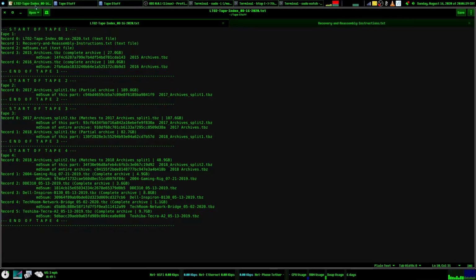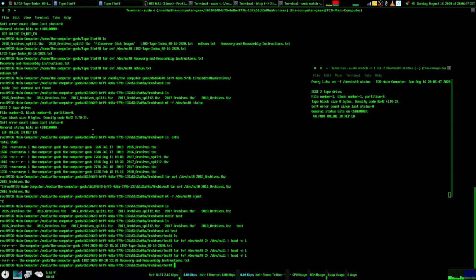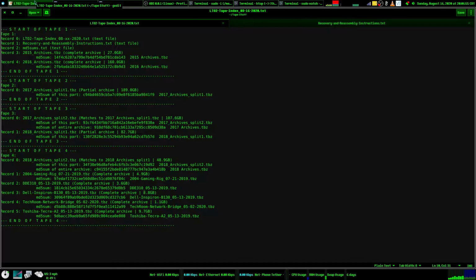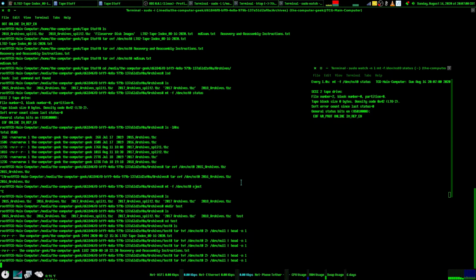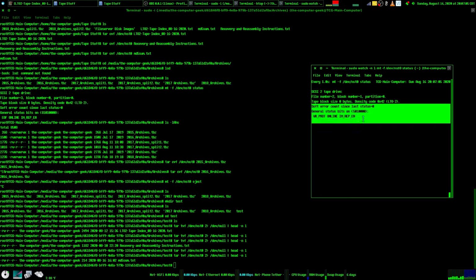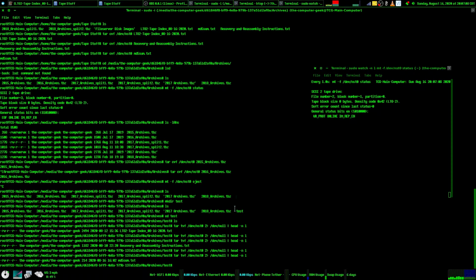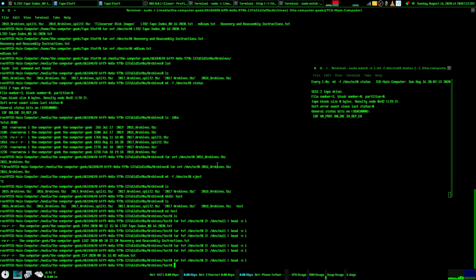Next one should be recovery and reassembly instructions. And next should be our md5sums.txt. And you can see our status is changing as I hit the end of a record. So write protect online. Now we've hit the end of the file,